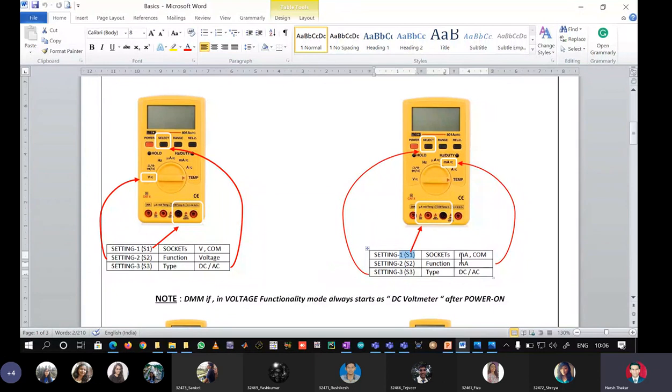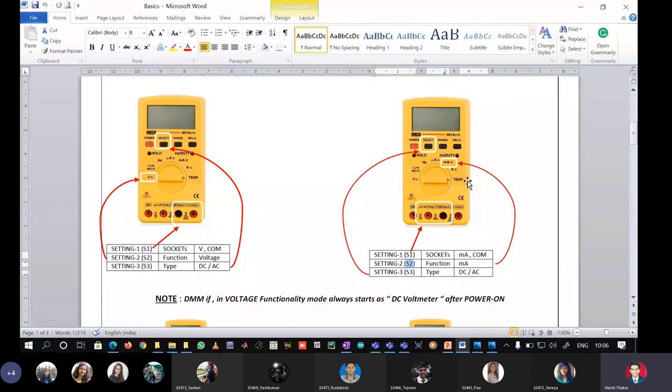Again the same settings are there. The first setting is the correct sockets, that is mA comma COM. The correct functionality is indicated here with a white rectangle. Similarly, if you want to measure microamperes of current, then the rotary dial will be at µA, and if you want to measure amperes of current, then it is exactly above the temp. So: correct sockets, correct position of rotary dial, and correct mode using the switches above.